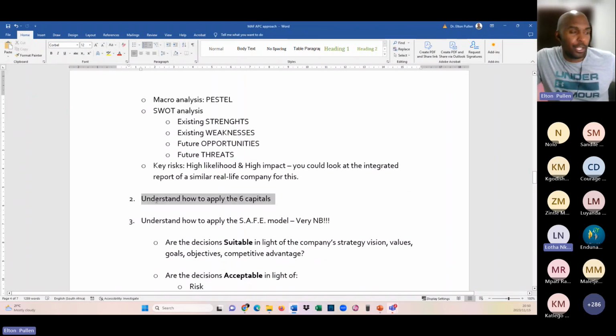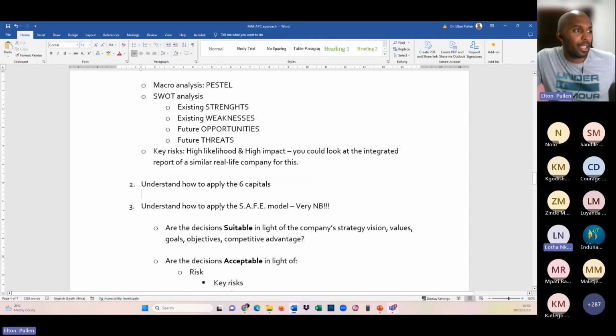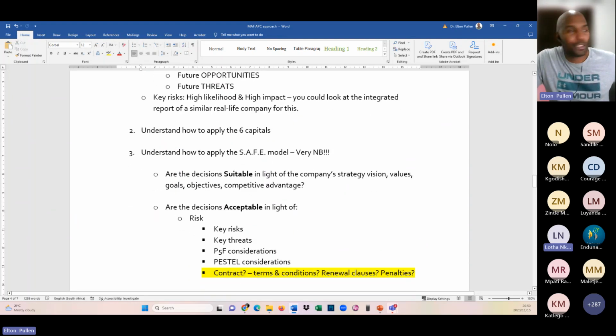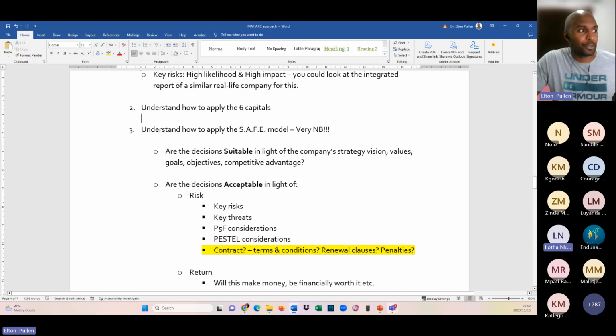Then you need to understand how to apply the 6 capitals. I'm not going to go into the detail here about 6 capitals. I think Rendani's done that already. And then I just want to talk about the SAFE model, but I call it the SAFE model, and some of you know why. So Rendani touched on this earlier, but the first thing when it comes to this,